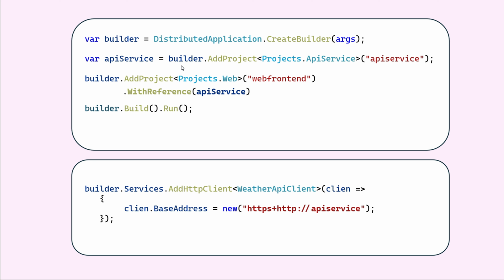But what we can do now is when we define that web front end service, add a reference to the API service, and what this does is it now makes my API visible to the web project using the exact same service name that I declared up here. API service inside quotes, API service down here. Now I don't need to go and configure that in all the places. That configuration is going to be made available for me and for all of my various parts of my application system, so that it passes around and they know how to communicate with each other.